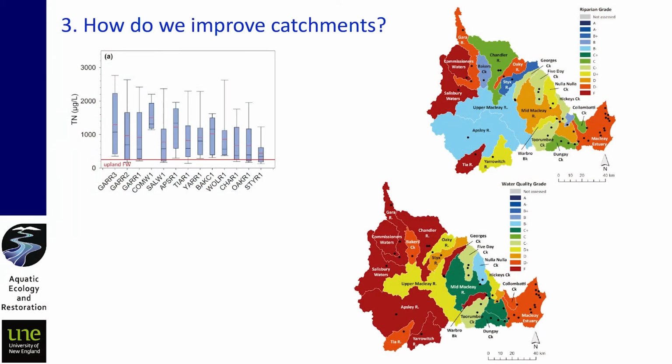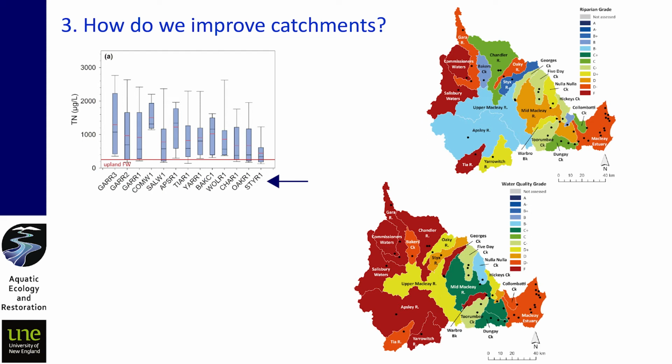So this is a graph. It's of total nitrogen. So that's the total amount of nitrogen both in a particulate form and in a dissolved form. And if we have a look at the graph, the names along the bottom axis that run horizontally are the Gyra River, the Commissioner's Waters, Salisbury Waters, Apsley River, and we're heading then down into the gorges with Yarrawitch, Bakers Creek, Willamombi River, Chandler River. So it's all of those key headwaters